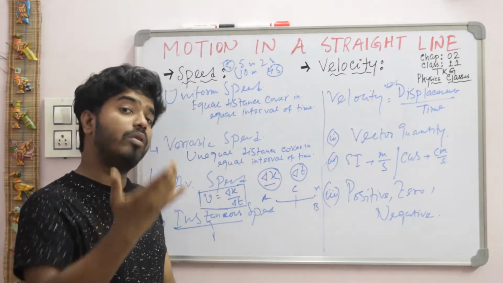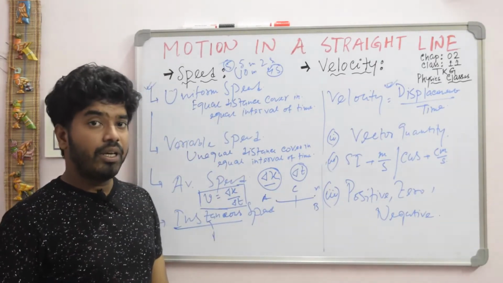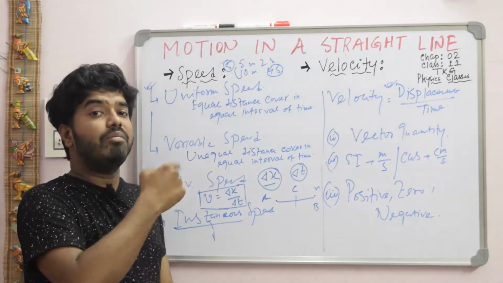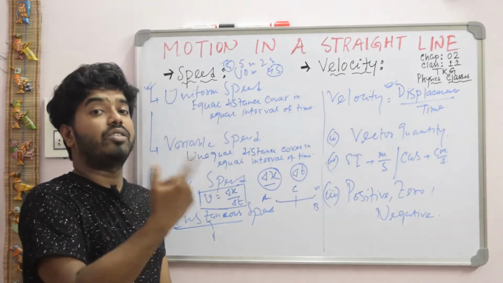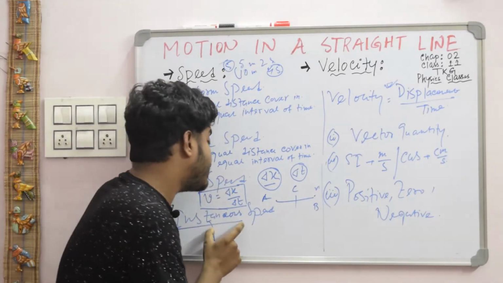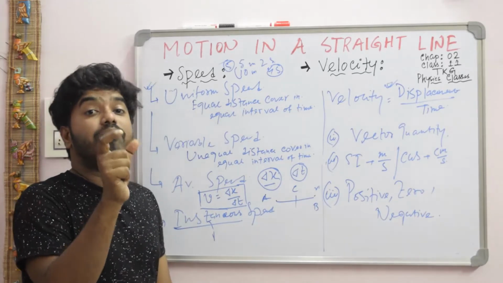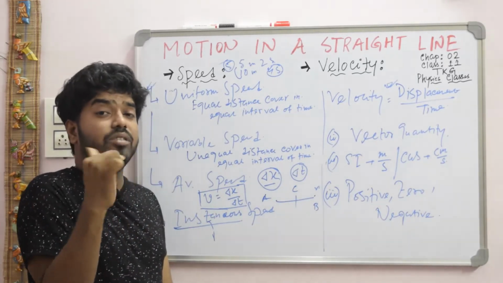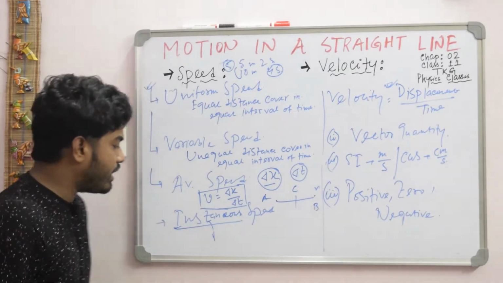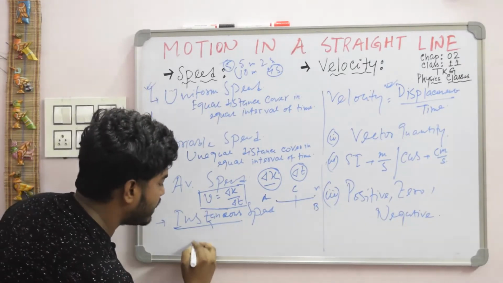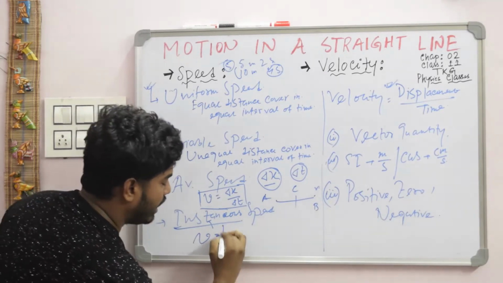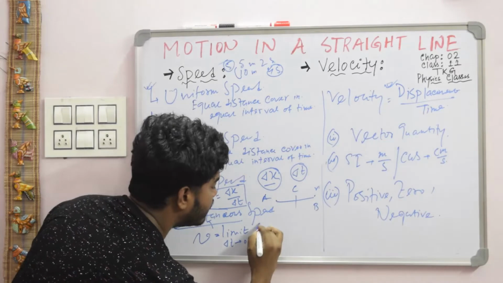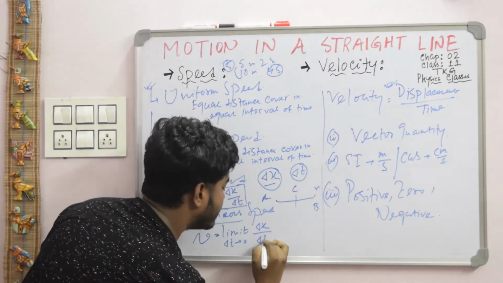So what will be the formula for calculating instantaneous speed? The limiting value of the average speed. The limiting value of average speed we call the instantaneous speed, and this instantaneous speed indicates the speed at a particular instant. So there is a time interval del t which tends to 0. So what is the instantaneous speed? Instantaneous speed v is equal to limit del t tends to 0 del x by del t.